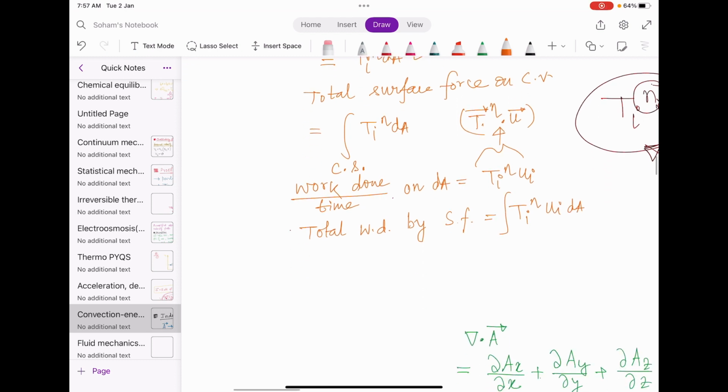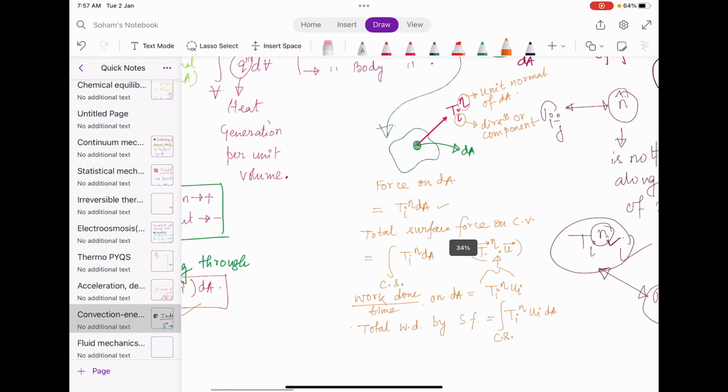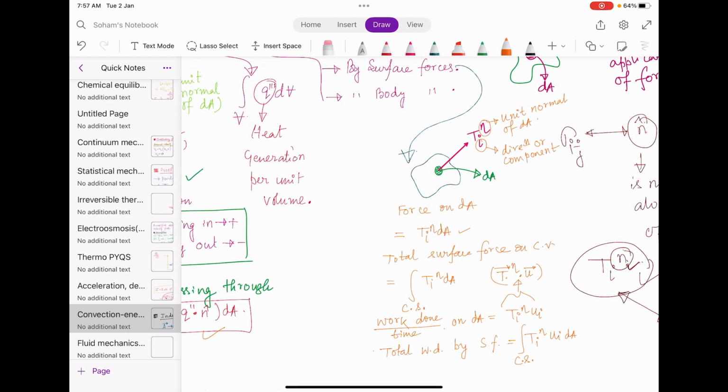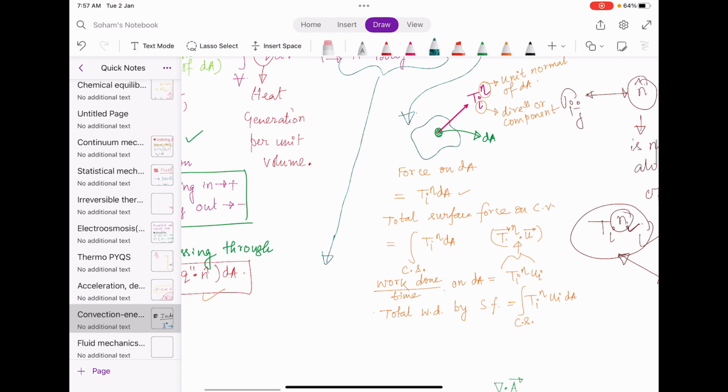Clear? Okay, so this will be CS on CS. Okay, so this is our surface force. Now what will be the body force? So body force is pretty straightforward. So this body force, okay, body force will be,